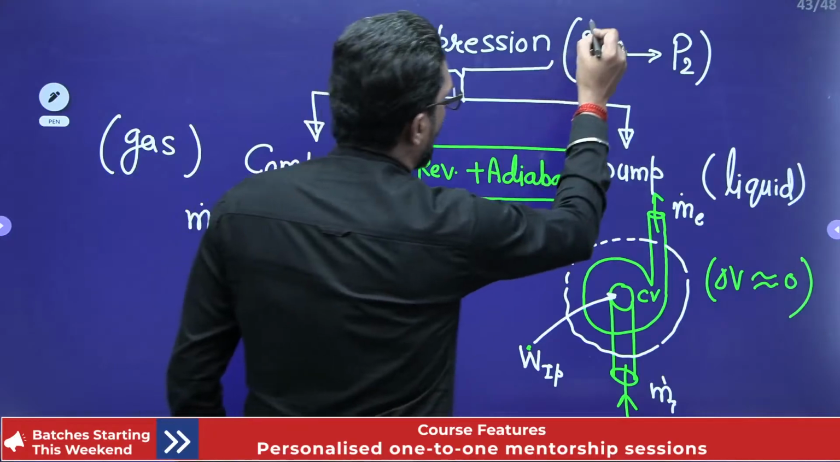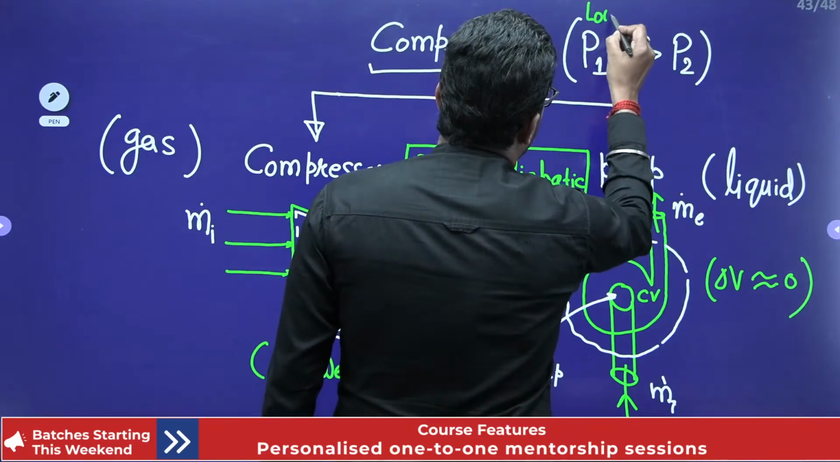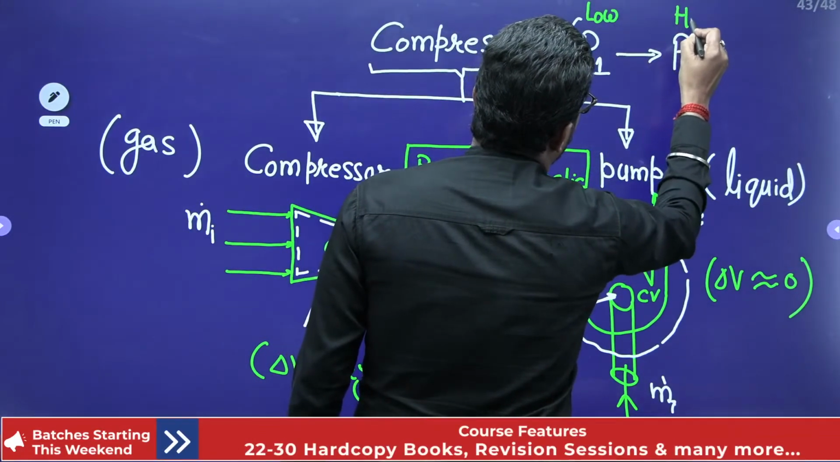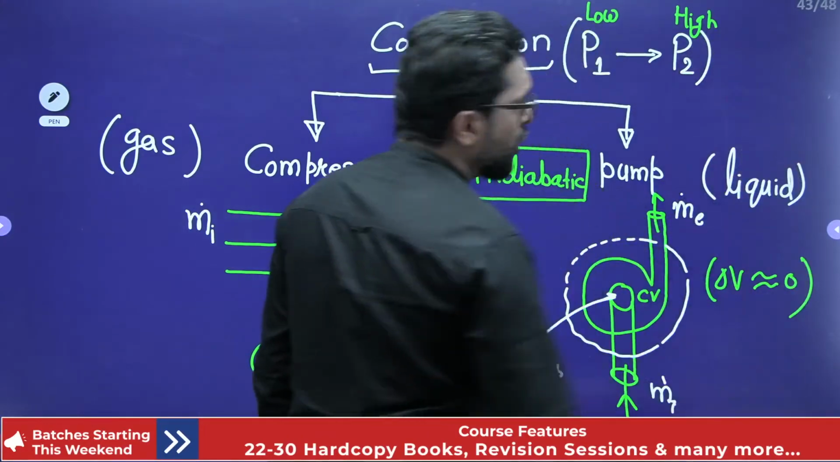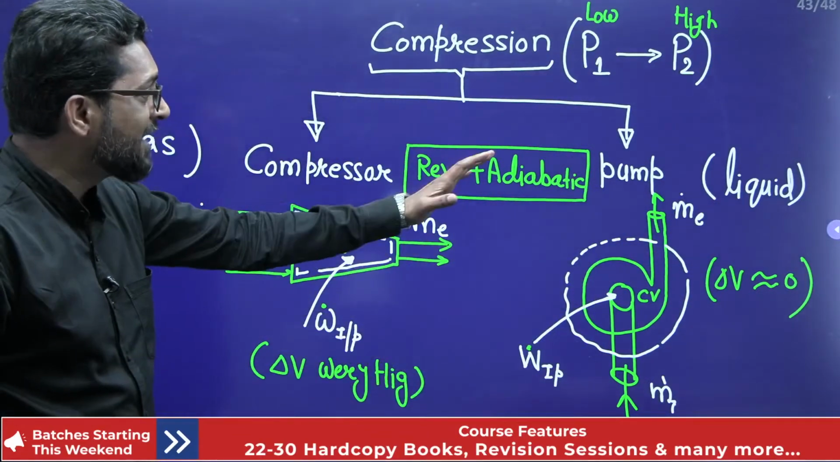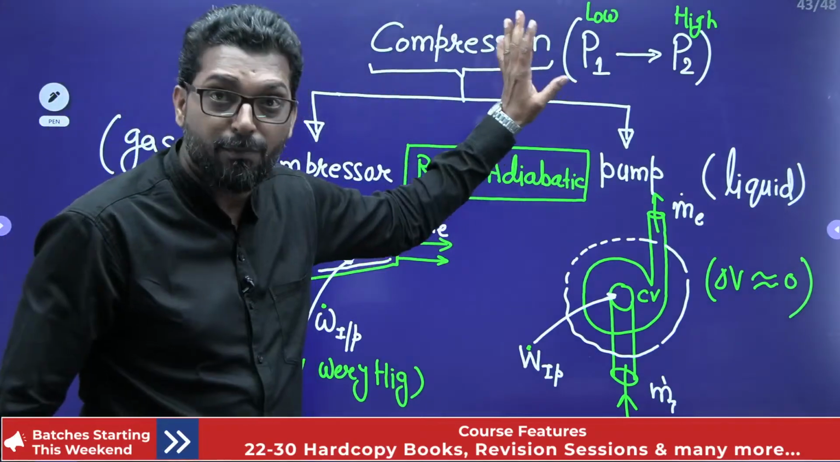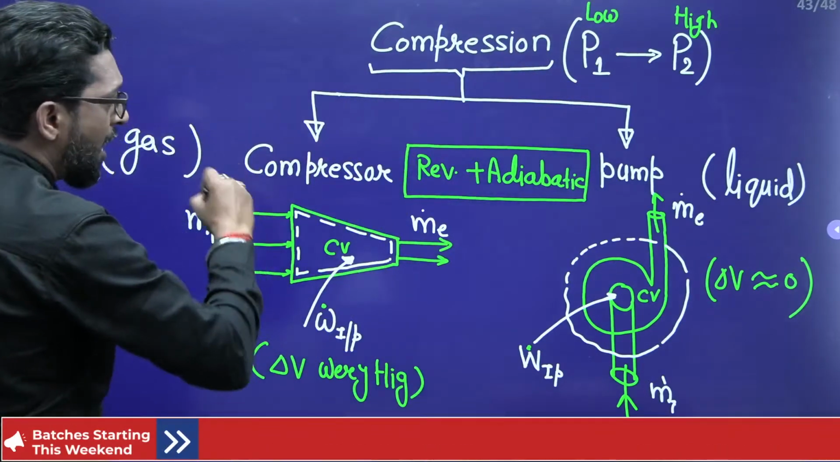So this is a low pressure, and this is a high pressure. If you want to move a fluid from low pressure to high pressure, there must be a compression process. Okay, so in the power plant,